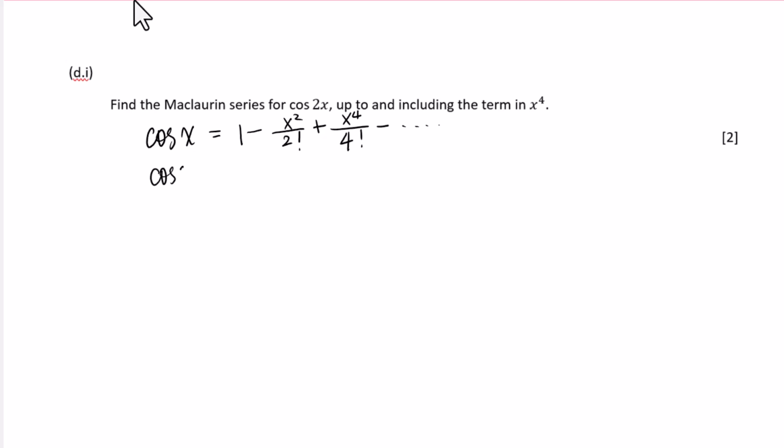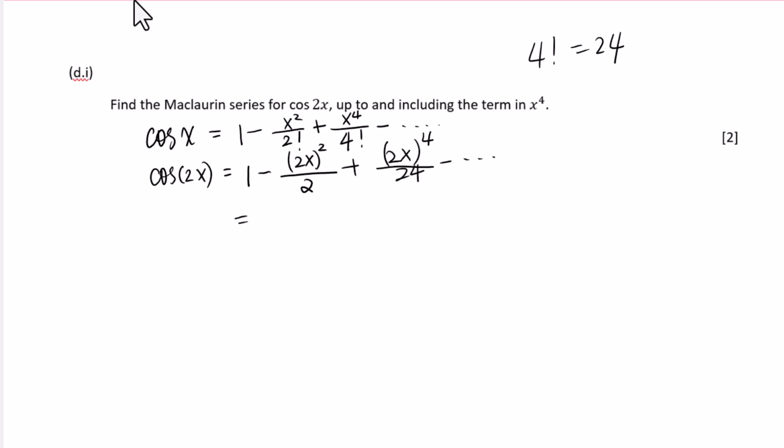So cosine 2x equals, we will change every single x into 2x, 1 minus 2x squared over 2 plus 2x to the fourth power over 4 factorial, which is 24. Organize: 1 minus 4x squared over 2 plus 2 to the fourth power, which is 16, x to the fourth power over 24